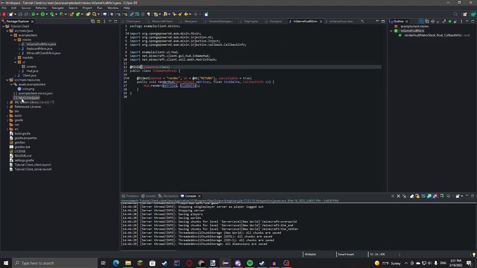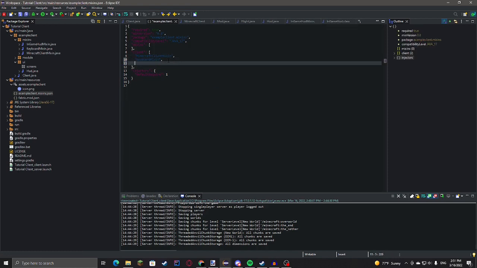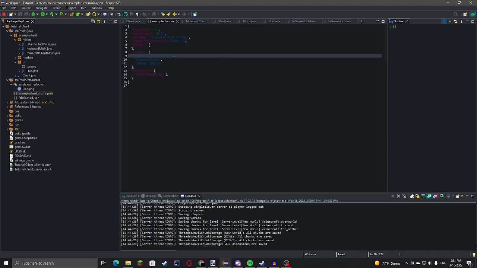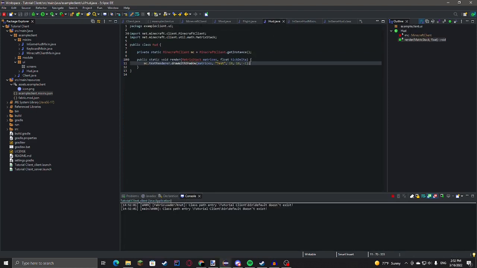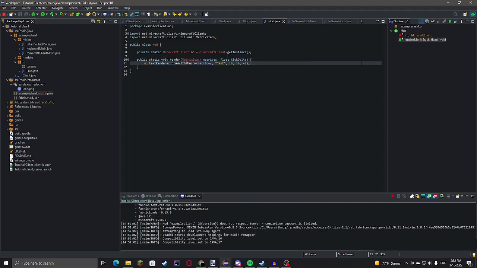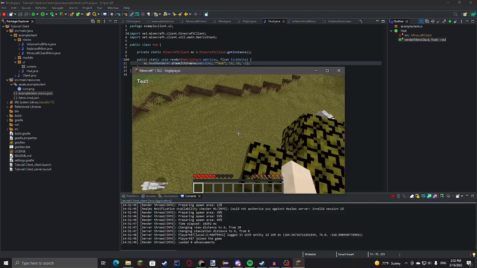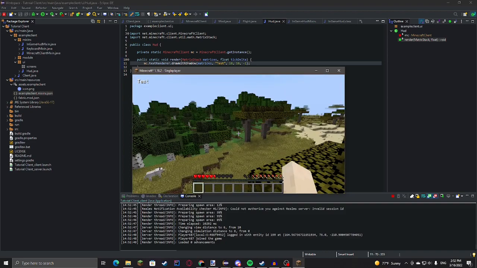Okay, so now we'll go here into the mixins and add in-game HUD mixin. Oh, don't forget that. Okay, and now that should render on the screen. So we'll just load it up. Okay, and as you can see in the top left it says test.